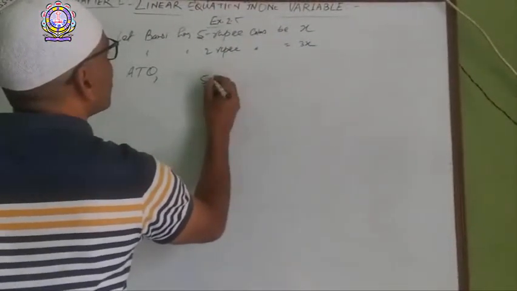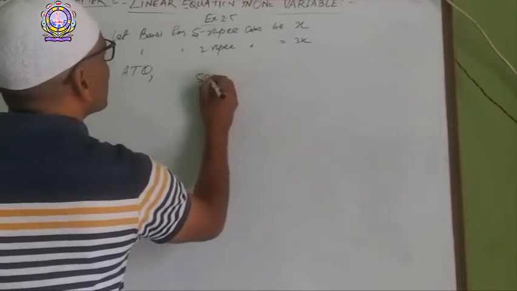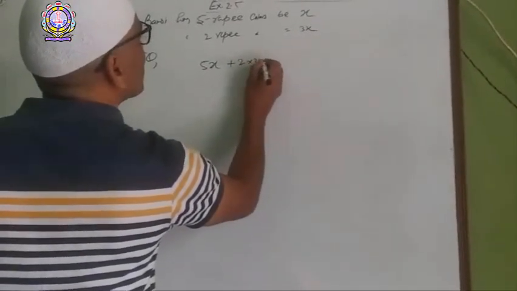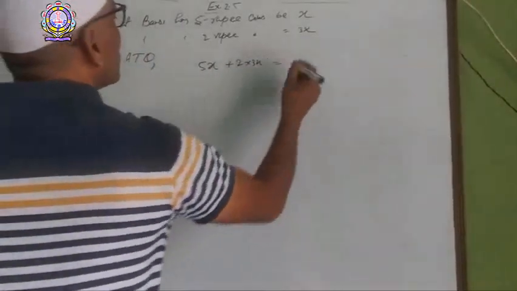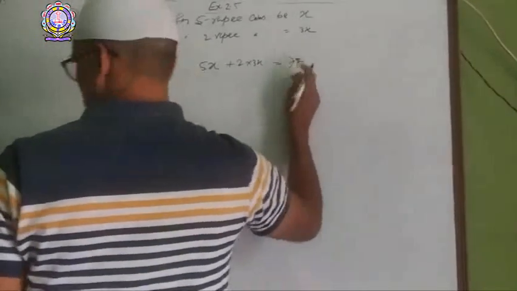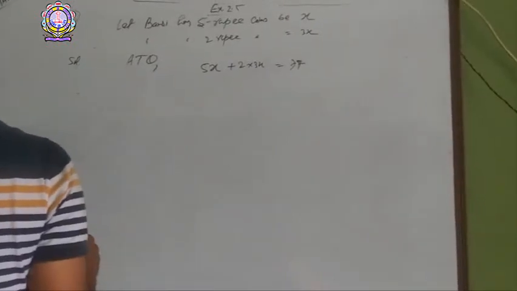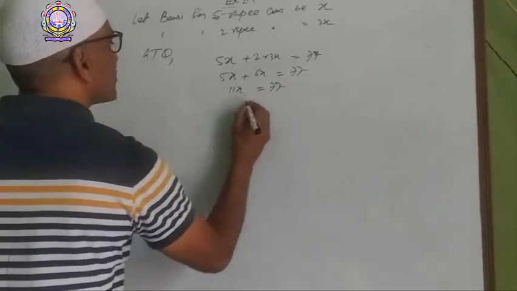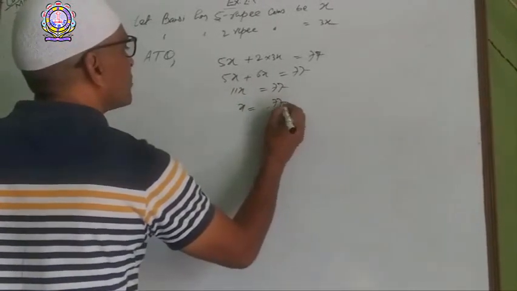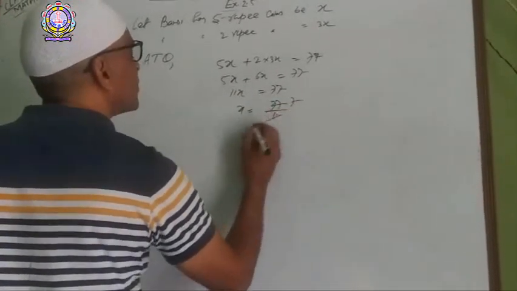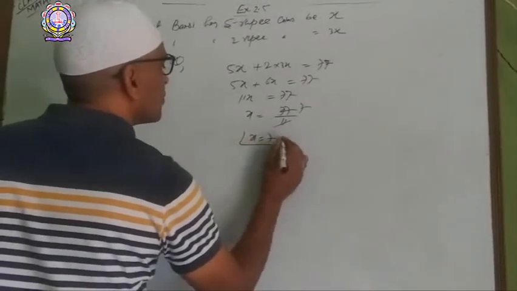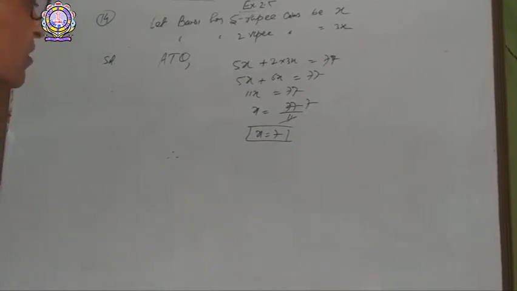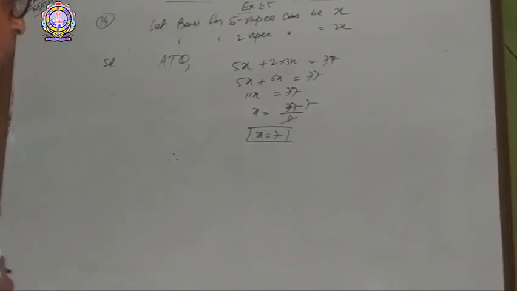This will give you 5x rupees plus 2 rupees into 3x is equal to 77. This will be the equation. 11x is equal to 77. Then x is equal to 77 upon 11, x is equal to 7. Therefore, Bansi has 7 5 rupee coins,